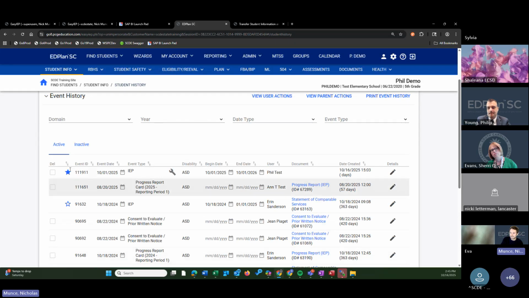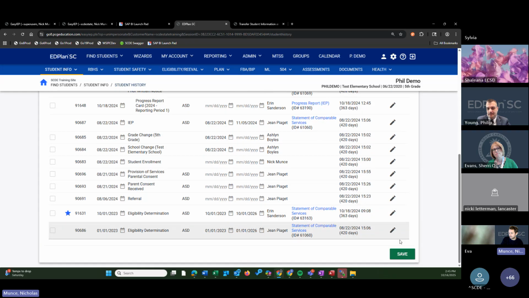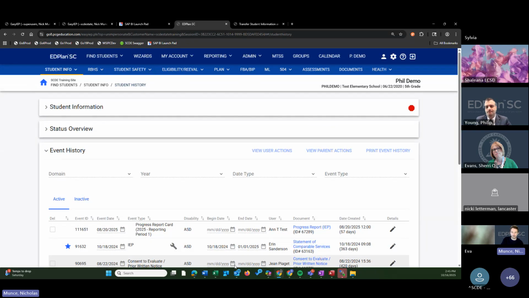So to correct that, we need to take away that picture, because this picture of the student, this IEP event, was missing a key piece of information. It was not there. So I'm going to inactivate that event. That's step one. Get rid of the picture that is feeding the report right now that does not have all of its information.